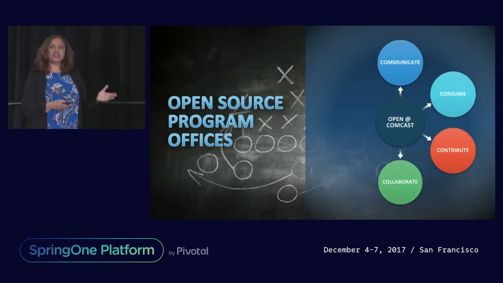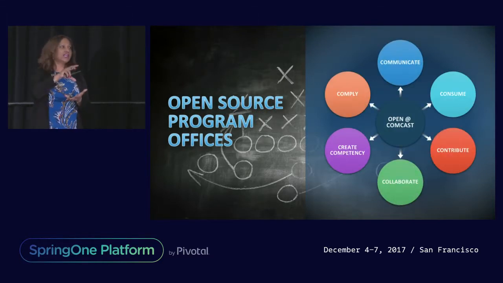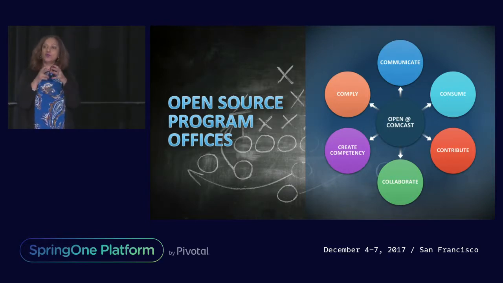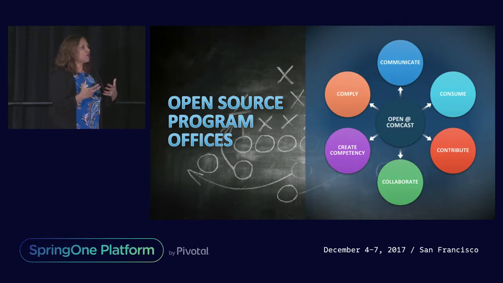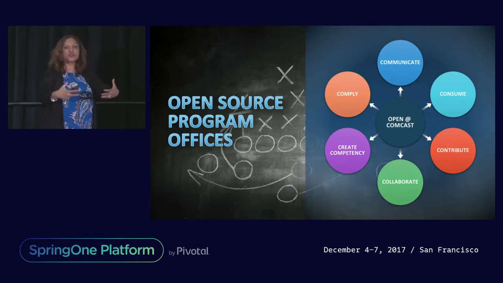So it was in 2017 that we reached a point where we were doing so much open source that we said we really need to start a center of excellence inside the company, an open source program office, or a practice that would help the company accelerate its adoption of open source throughout the company. So I call it 6 C's, which means I break it down into: we are responsible for creating awareness inside the company, creating awareness outside the company through communication of our open source work, of how to use open source.